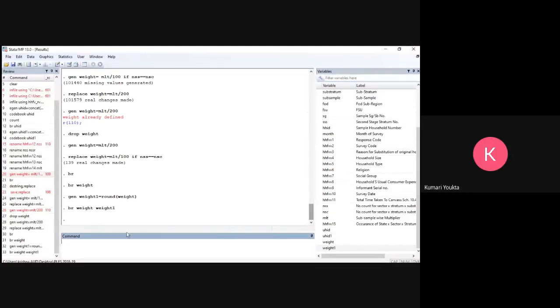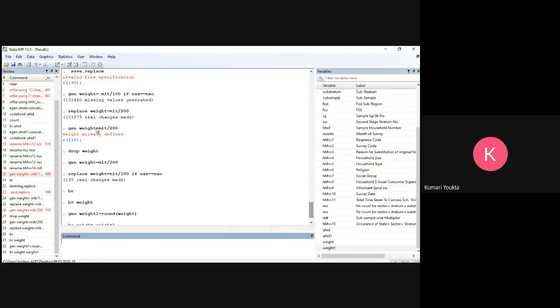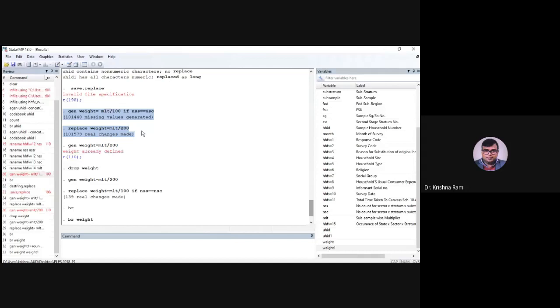Hello, sir. Please, can you explain this weight concept once more? One time we are dividing it by 100 and another time by 200, and this is quite confusing for me. No, so in the earlier case I made a mistake, and that one is, you can say, a mathematical error. In the first case I generated using MLT divided by 100, and then I replaced the weight with MLT divided by 100,